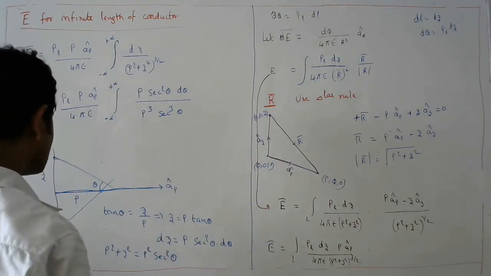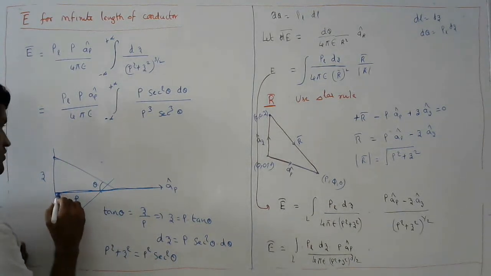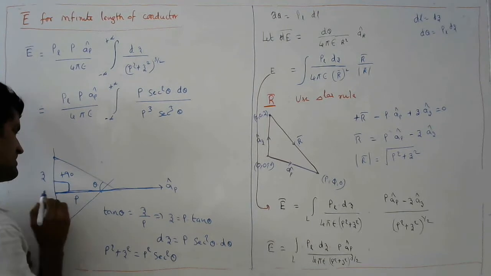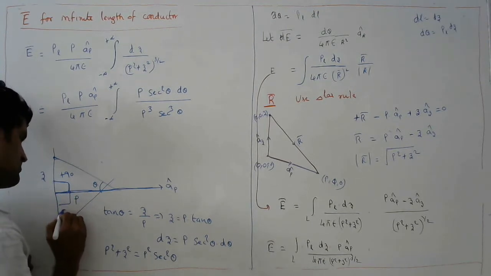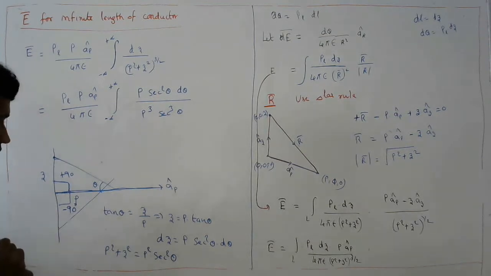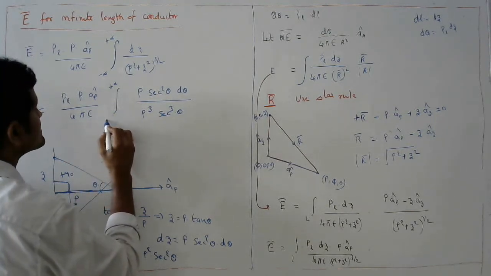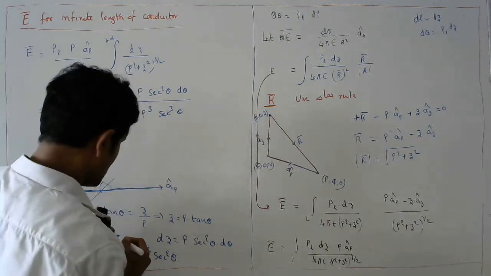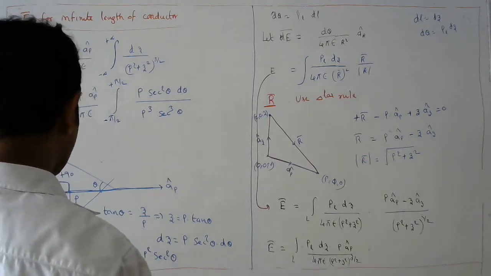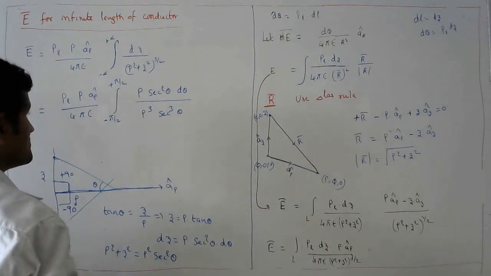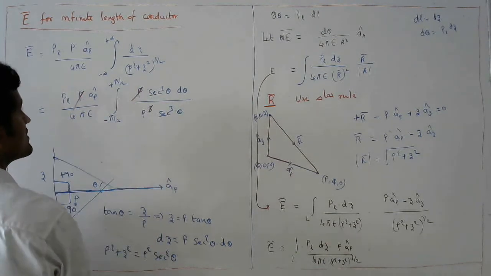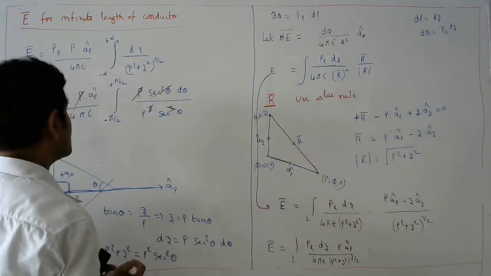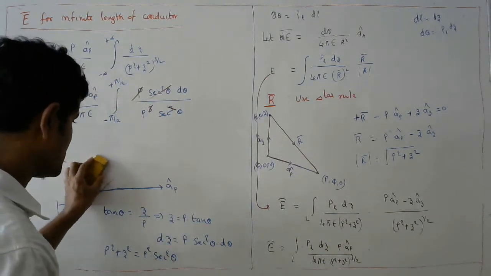Now see, the axis is the rho cap. The distance from here to here is plus 90 degrees, because we are moving in the anti-clockwise direction from this axis. From this to this axis, we are moving in the clockwise direction, which is minus 90 degrees. So the range minus infinity to plus infinity becomes minus pi by 2 to plus pi by 2. Now the rho terms partly cancel, and the secant square theta terms also partly cancel.